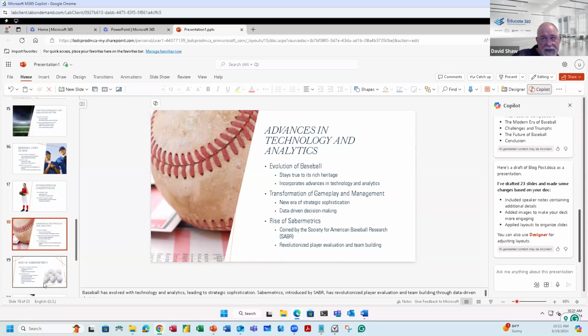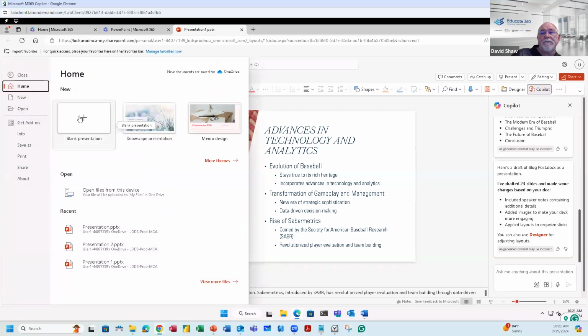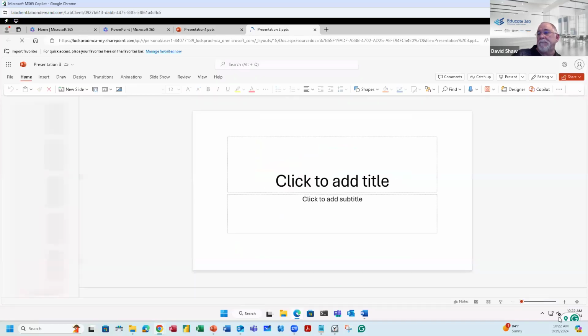I didn't have to save it as an outline, which is something we could do, but I have to save it over there to actually generate it here in an outline format in Word and try to design this going forward. And if I wanted to, I can start a new presentation, file new on a blank one using Copilot